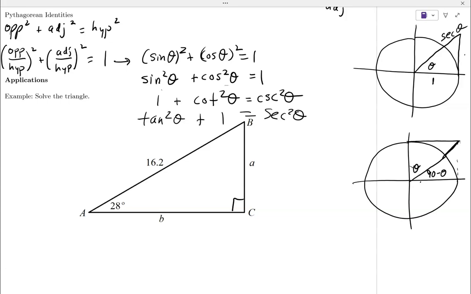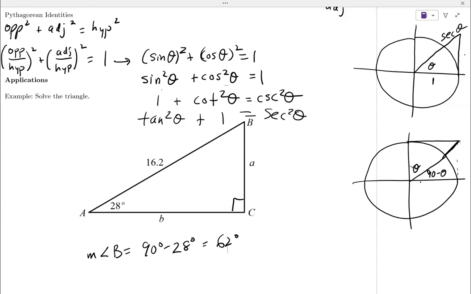Well, the angle shouldn't be too bad, because what does the 28 and this angle have to add up to? 90, right? So our measure here of angle B has to be 90 minus 28, which is what, 62? Yeah, that's not too bad, right? Okay. The other ones, well, once we figure out one side, we could figure out the other one using Pythagorean